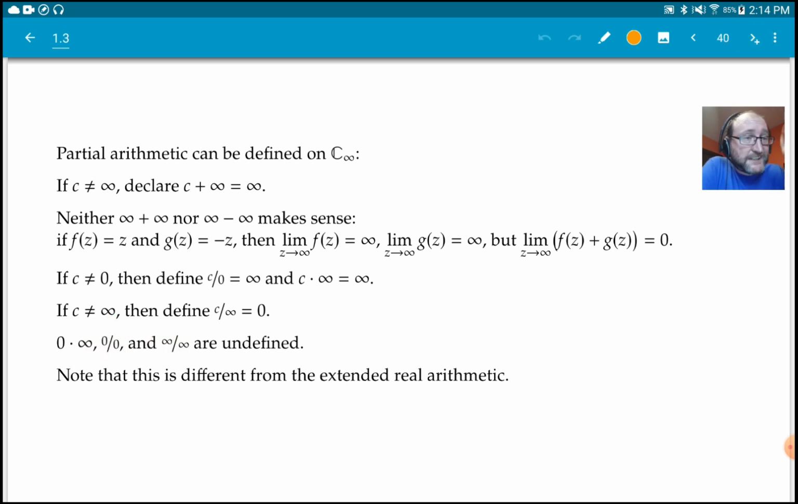And it's different from the extended real arithmetic. So again, you want to be clear if any confusion could arise. All right, so that's it for